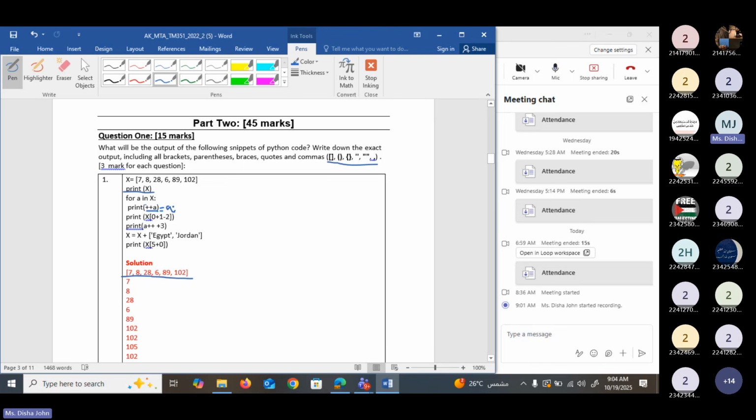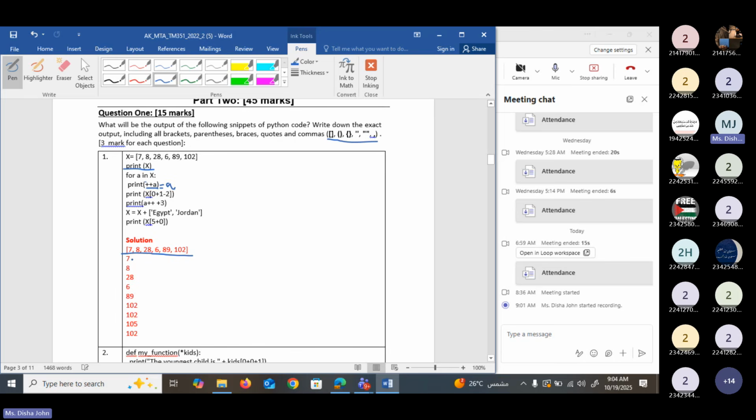So it is a for each statement. Because it is a for each statement, each element will be printed in a separate line. Okay, so that's why here you can see 7, 8, 28, 6, 89, and 102. So all the elements printed one after the other. Now look at the next print statement. Print x of 0 plus 1 minus 2.